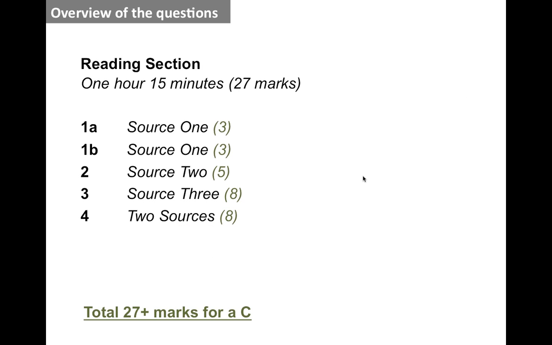And so what we're working on today is to get about 6 out of 8 for question 1, 5 out of 8 for question 2, and 8 out of 12 for questions 3 and 4, giving you 27. And like I said, if you fall slightly short of that, then we should still be on track to get a C. I will go through and explain what the focus of these different questions is, but I just wanted to give you that overview of the whole paper